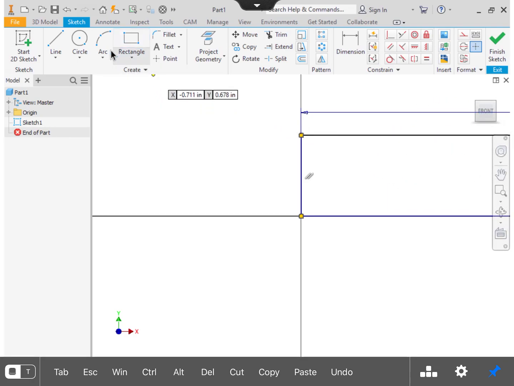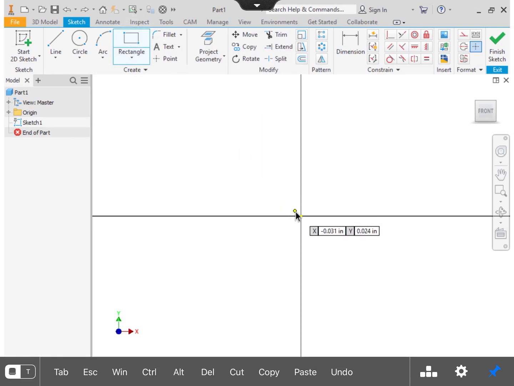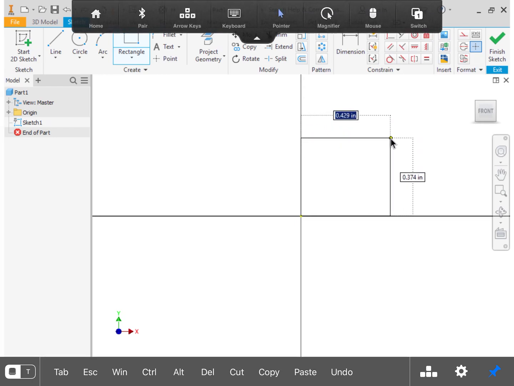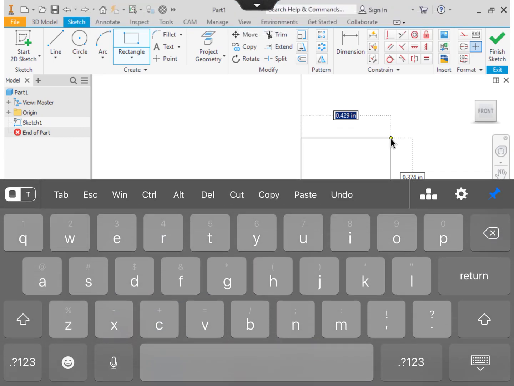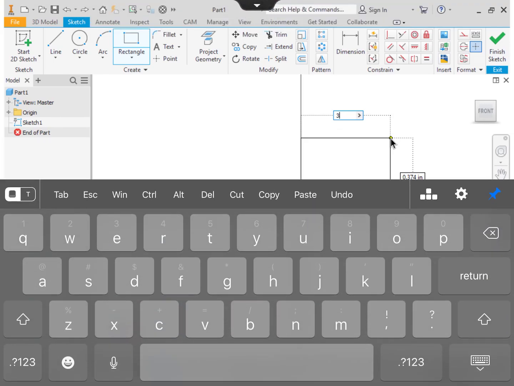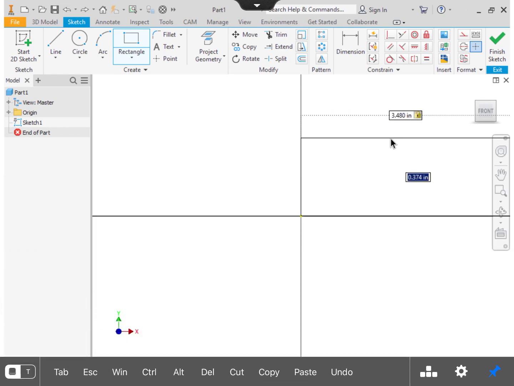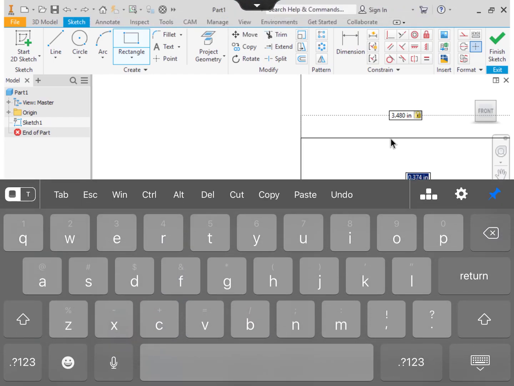So I am going to click undo in the top here. I'm going to try it again, rectangle, starting from the origin, pulling up my keyboard. I need to type 3.48. I'm going to use the tab key to switch over to the height. I'm going to grab my keyboard and type